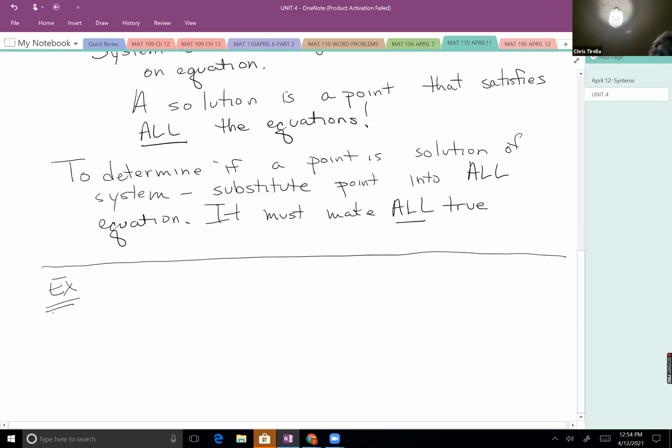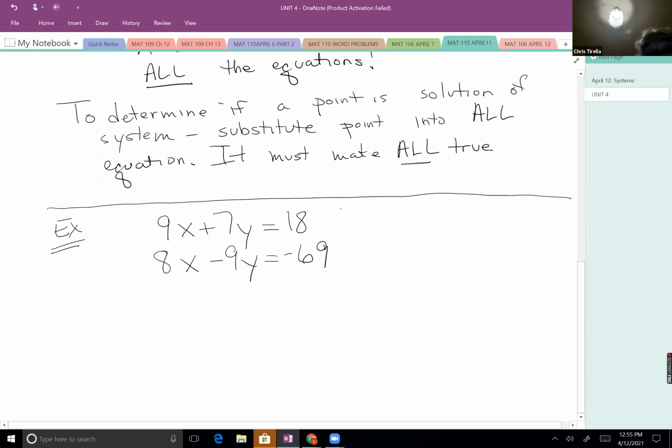So for my first example, I'd like to look at the system 9x plus 7y equals 18. There's one linear equation. And 8x minus 9y equals negative 69. Because I've got more than one equation here, I have two, this would be my system of equations. And I might want to know something like, is negative